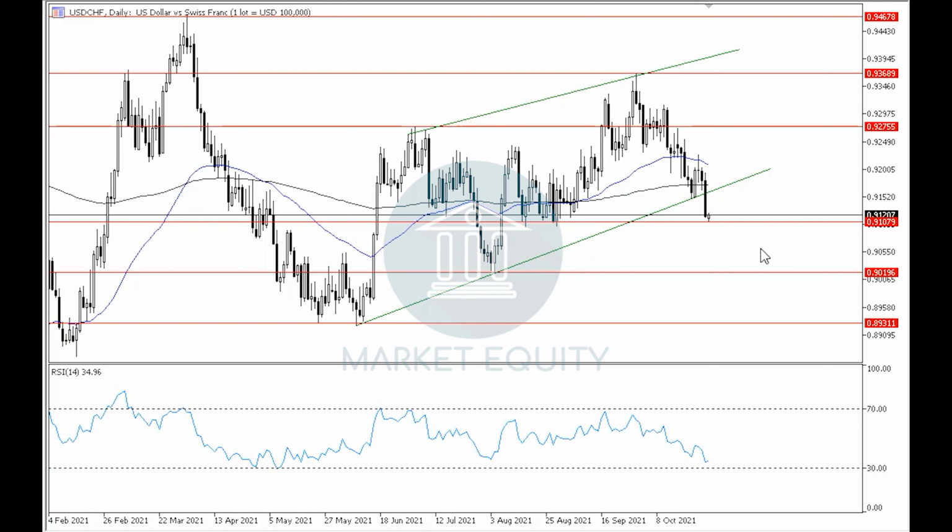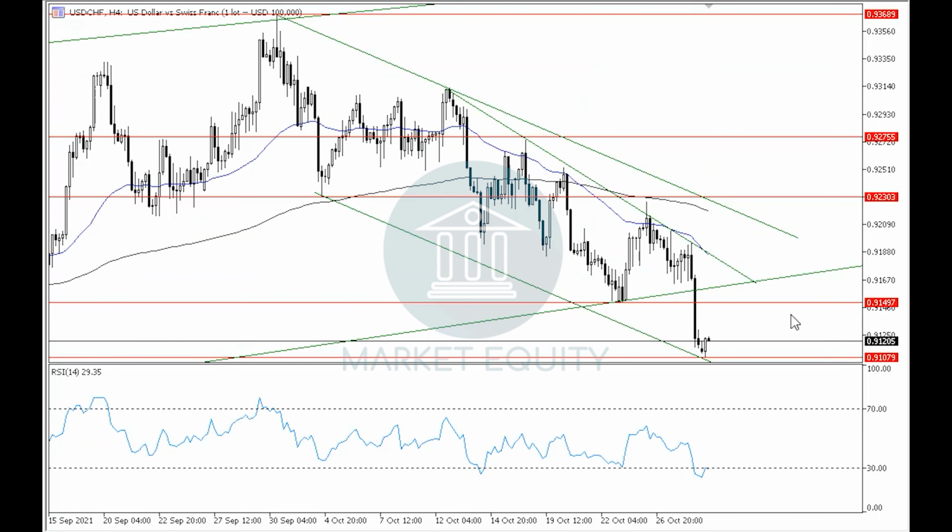the upwards correctional movement in the daily time frame, and recently we can see that after breaking down through the lower boundary of the rising wedge in the daily time frame, it is currently being traded around level 0.91, which resembles an important horizontal support level for the pair in the daily time frame, and therefore, by rebounding upwards off of it,